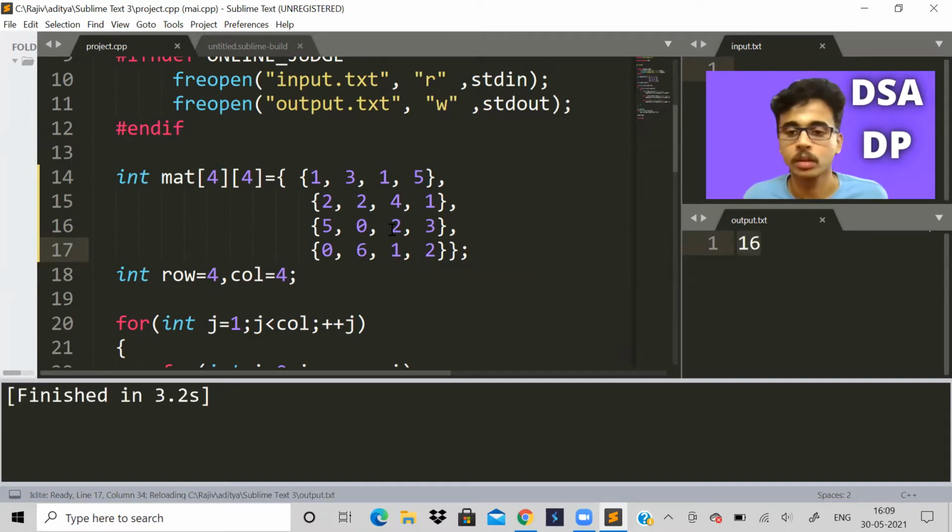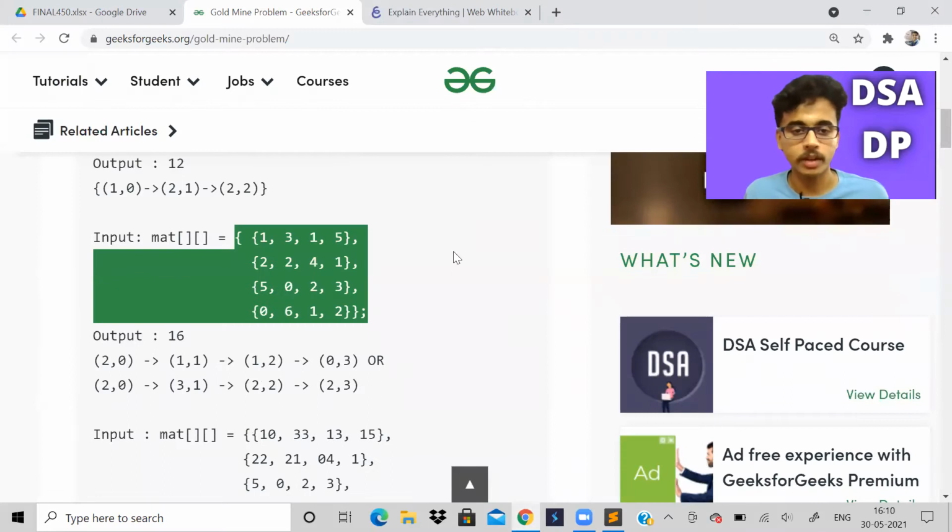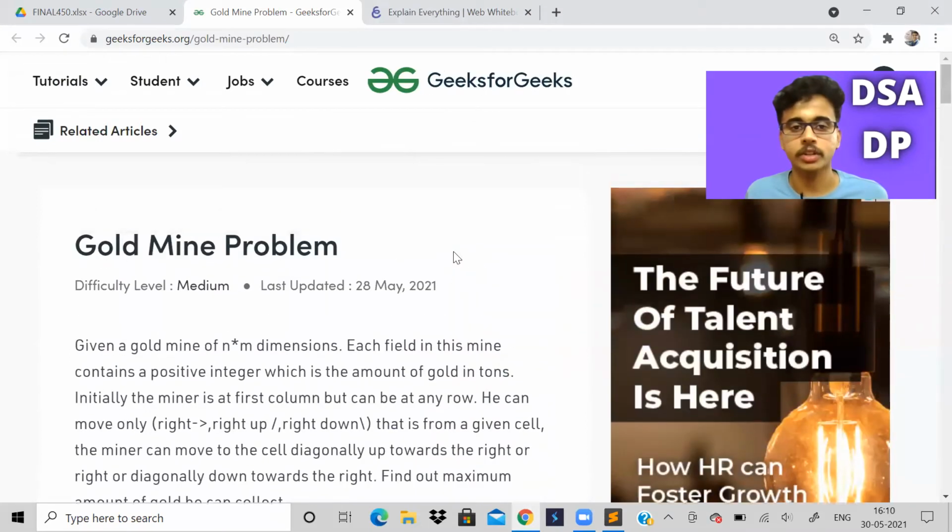See, you are getting 16 as the answer. So that was the problem, a simple problem. It was asked in one of my internship tests. I wanted to share that also with you.